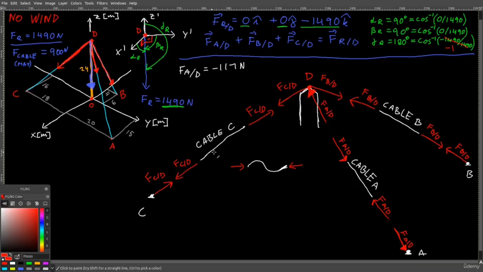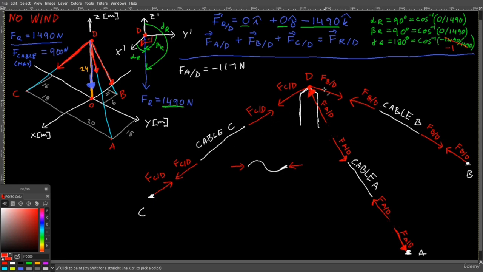And that means that the other two cables have to support the entire structure, even though it was designed that 3 cables would support this structure. But if one of the cables is in compression, then 2 cables need to do it. And then in the other 2 cables, cable B and C, the tensile forces might become too big and they might